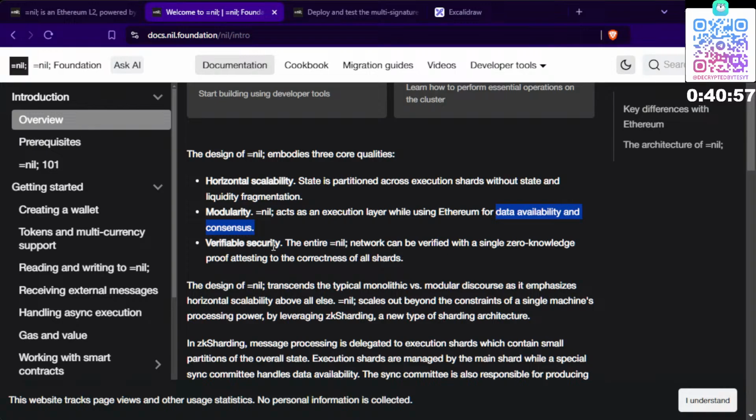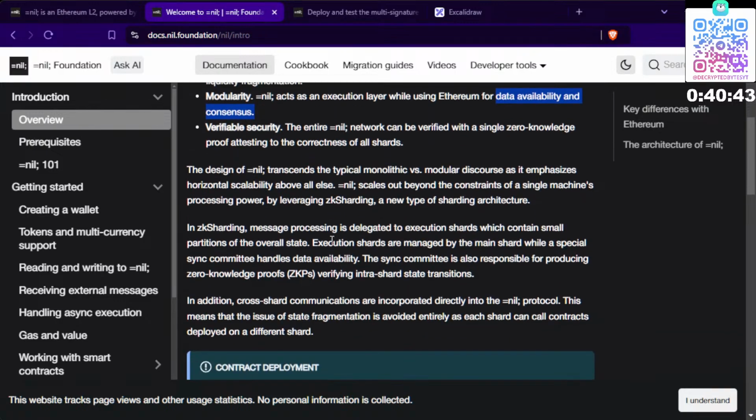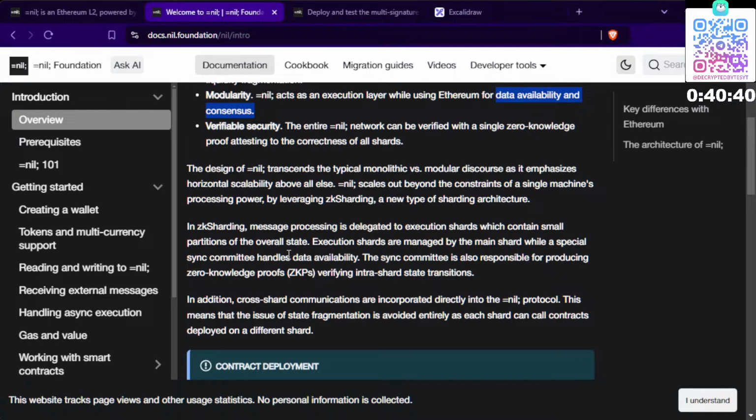Okay. Verifiable security. The entire nil network can be verified with a single zero knowledge proof attesting to correctness of all shards. The design of nil transcends the typical monolith versus modular blockchain discourse as it emphasizes horizontal scalability above all. Nil scales out beyond the constraints of single machines' processing power by leveraging ZK sharding, a new type of sharding architecture. In ZK sharding,